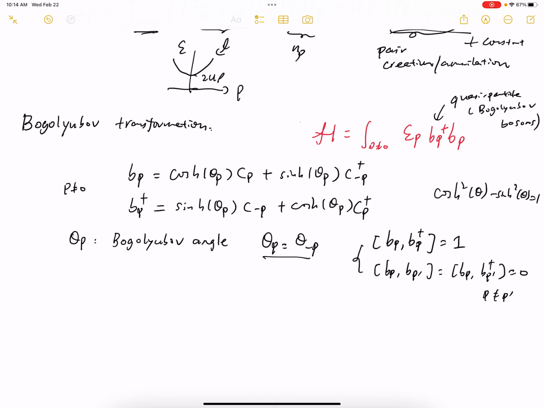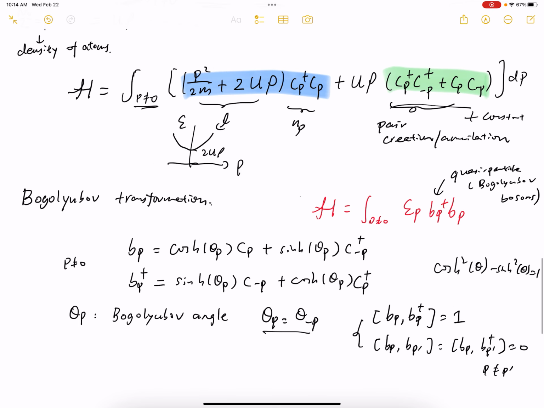For these two cases, I'm having trouble differentiating why one is... I understand that in this one you're annihilating two particles with equal and opposite momentum, but these two look the same. Yeah, I think it's like a symmetry thing essentially. So are you saying that it's a particle that is being created with momentum? I guess like that is